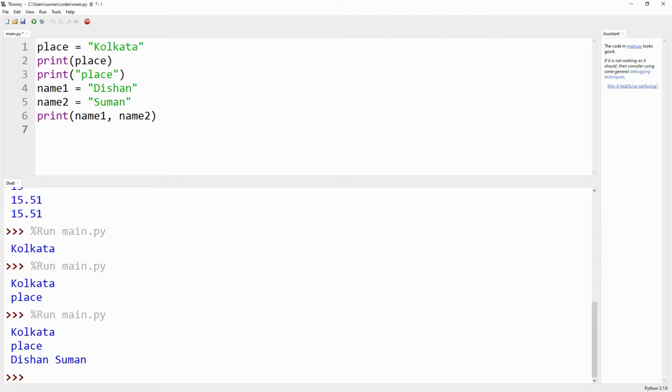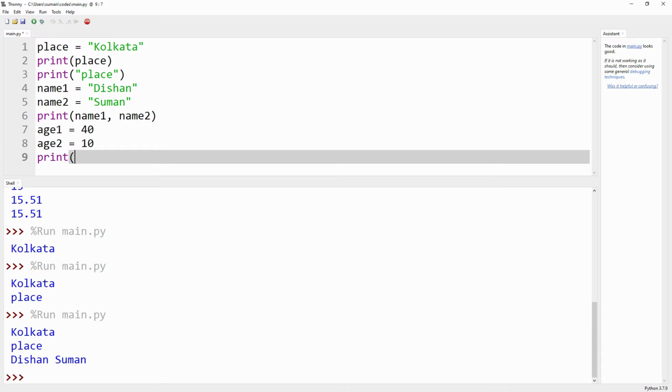So we can have another variable, suppose age1 is equal to 40. For age2 we give numeric data, suppose 10. Suppose we want to print that Shumon has an age of 40. We can write the code in this way.